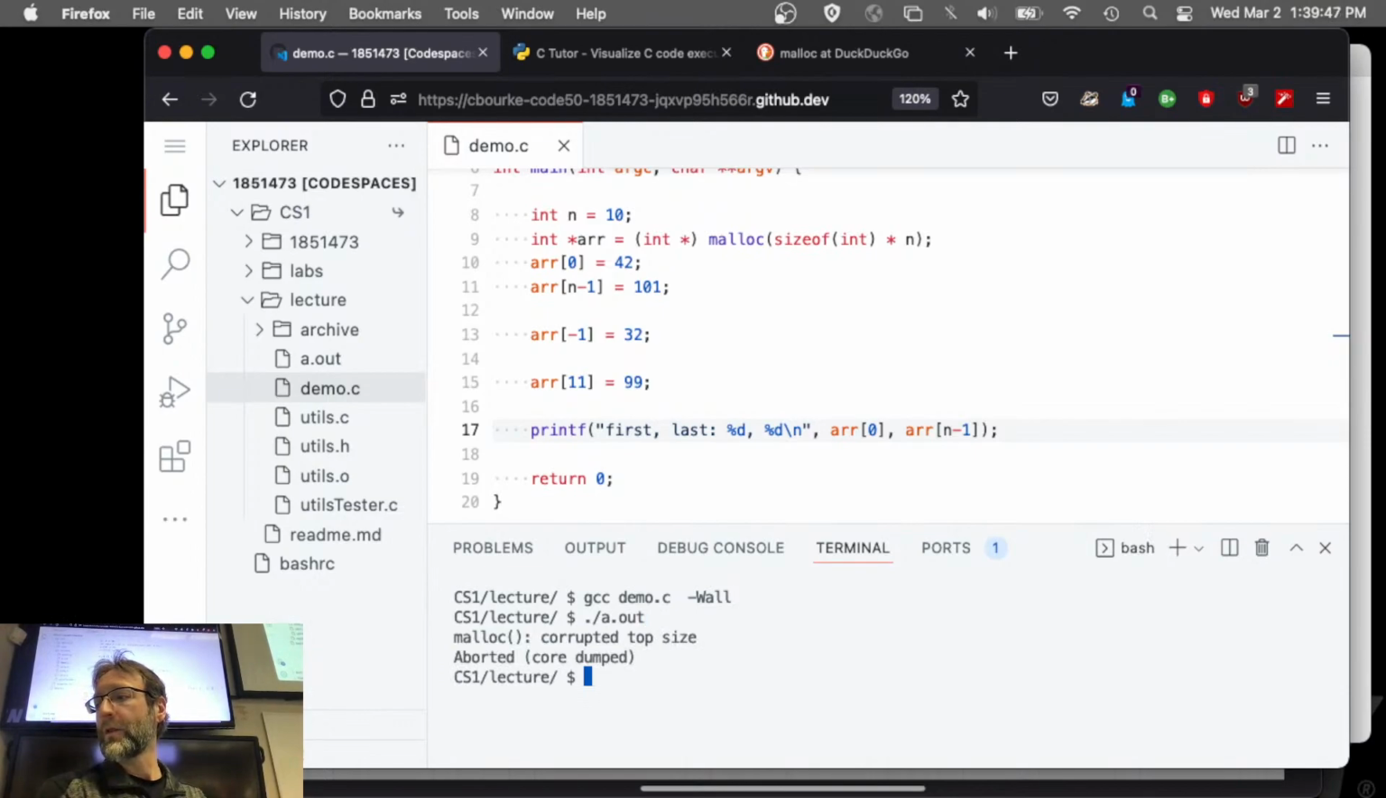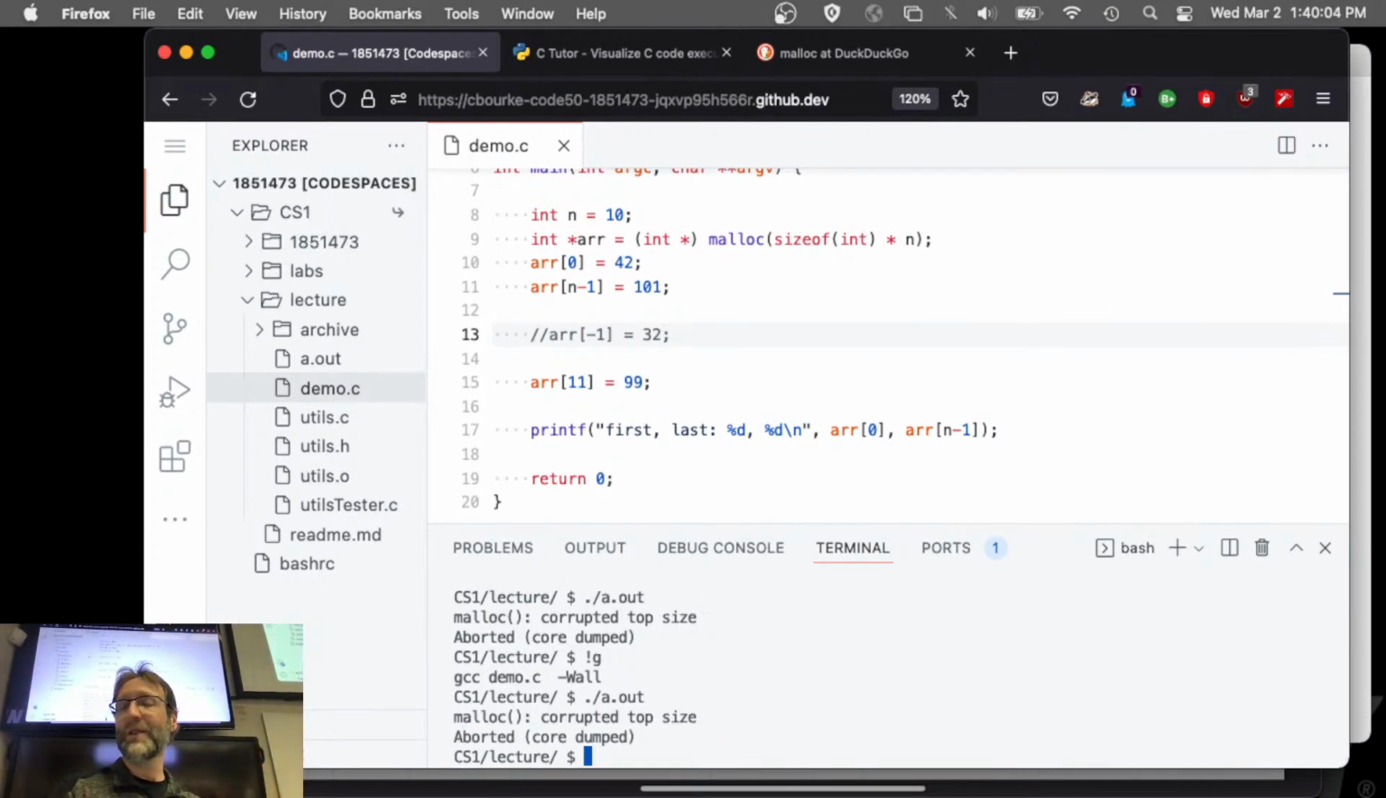Ooh, excellent, corrupted top size, right? So it's probably complaining about this line right here. Let's go ahead and get rid of it, okay? And if I run this again, hopefully a good operating system will probably detect this, but, oh, excellent, wow, it